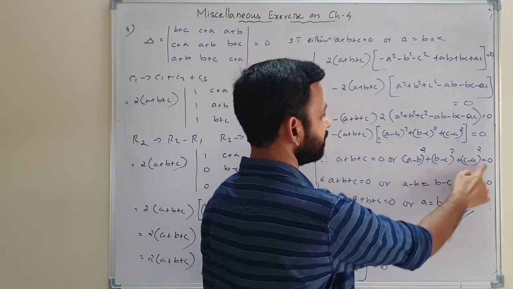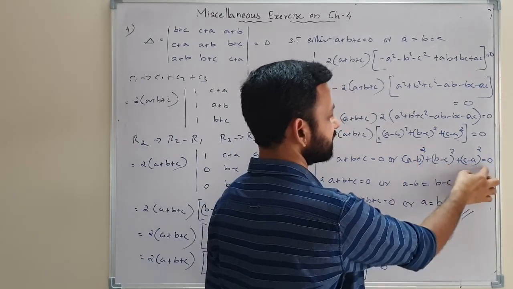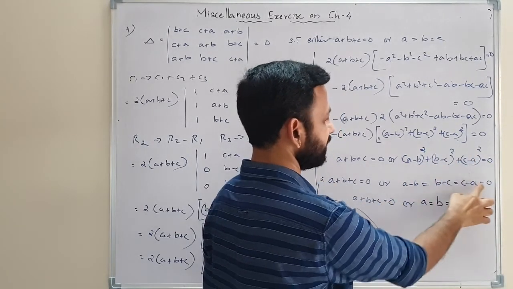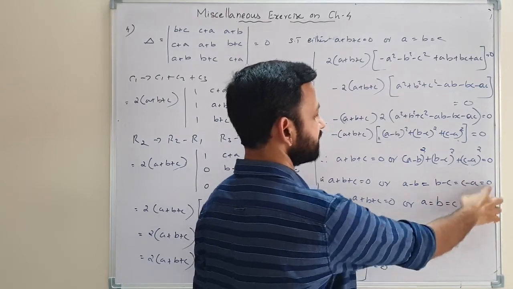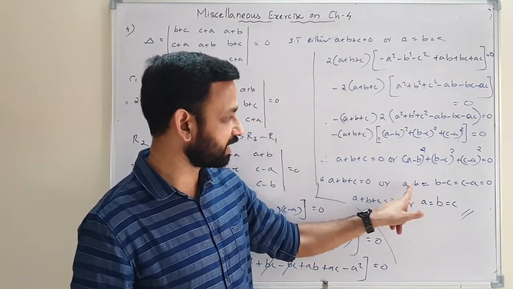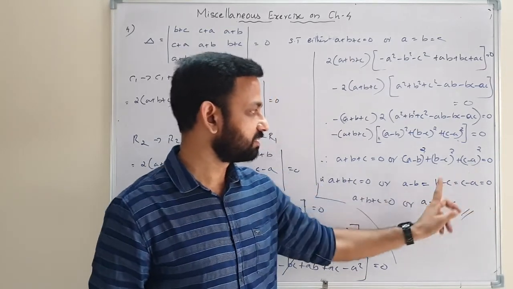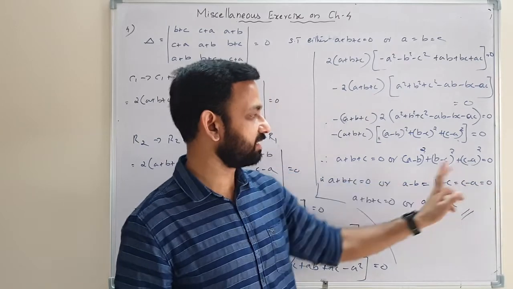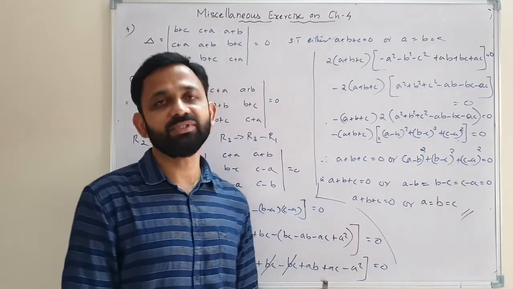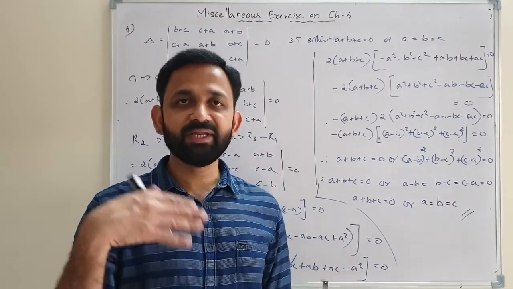So that is a minus b equal to 0, b minus c equal to 0, c minus a equal to 0. Then the sum of the squares of those three expressions, 0 square plus 0 square plus 0 square, will be 0. That's why we are writing a minus b equal to 0, b minus c equal to 0, c minus a equal to 0. Then if a minus b equal to 0, we can take minus b from left to right, then a equal to b. Then b minus c equal to 0, that is b equal to c. c minus a equal to 0, that is c equal to a. That means a is equal to b is equal to c. So that is question number 4. The rest of the questions I will explain in the next video.